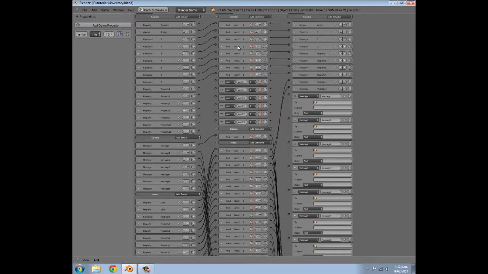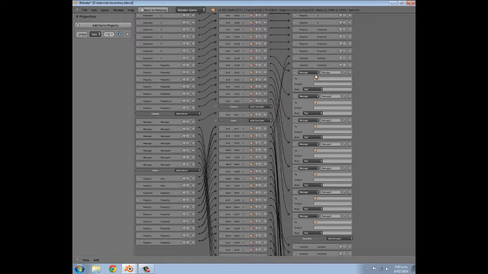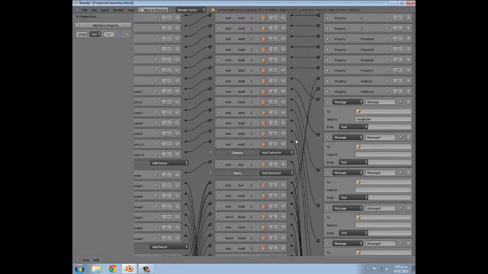we're going to add some AND controllers, and join them up. Join the two up, and minimize all these. For the first message here, it's going to be equip cube. Now the important part here is that you spell it exactly like you spelt it on the main scene, not the overlay. So I have a capital C in each one, so just equip and then the object, so